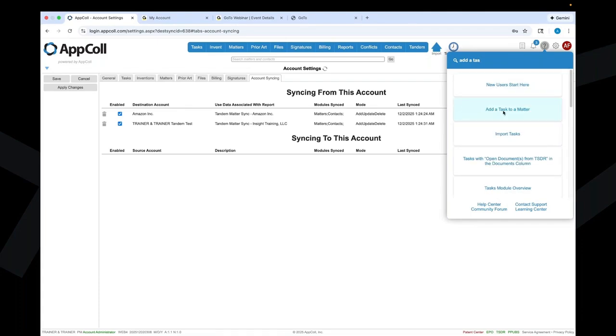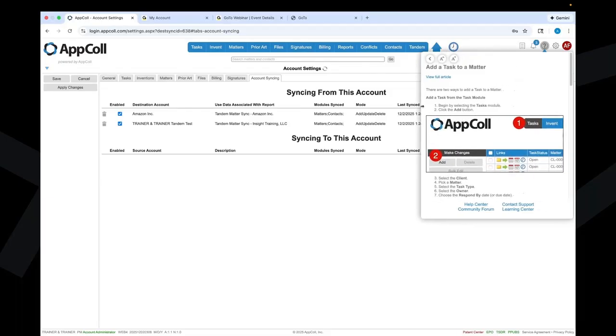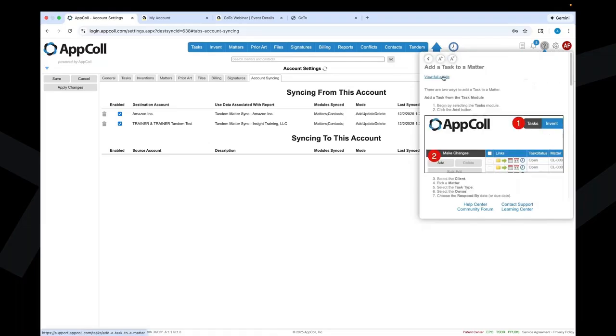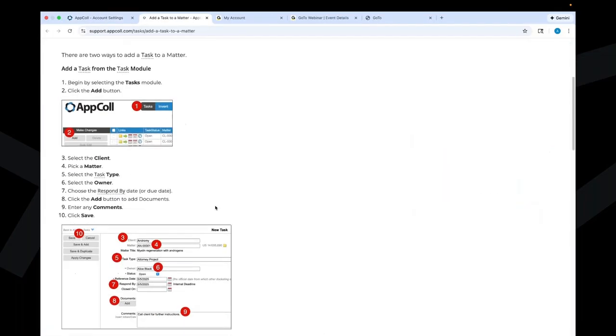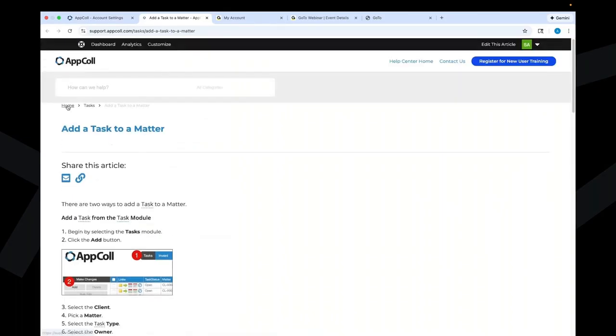So maybe I can't remember how to add a task like we covered today. You can drag and drop and make this bigger to view those steps. Or maybe you want to view the full article, which is what I like to do, put it on my other screen while I'm walking through App Call. That'll take you to our support page,